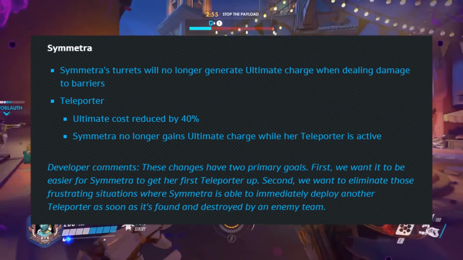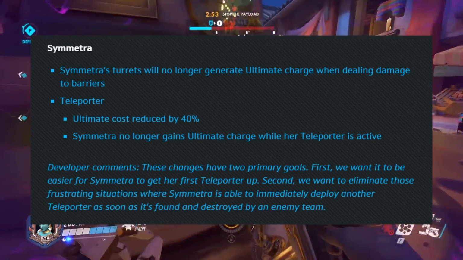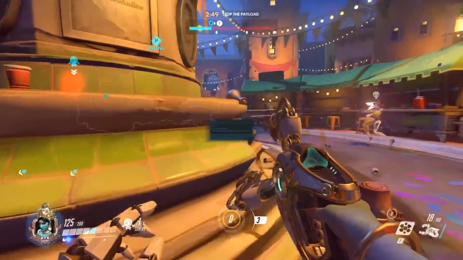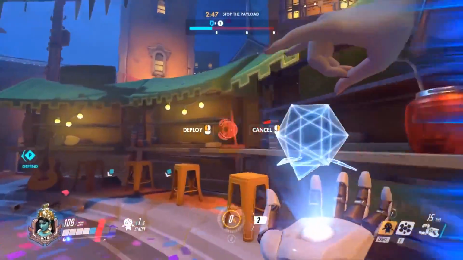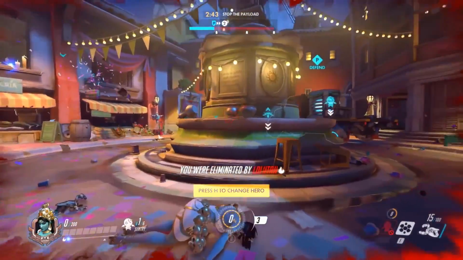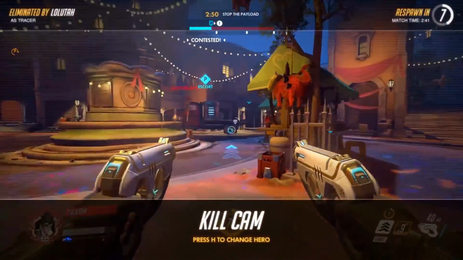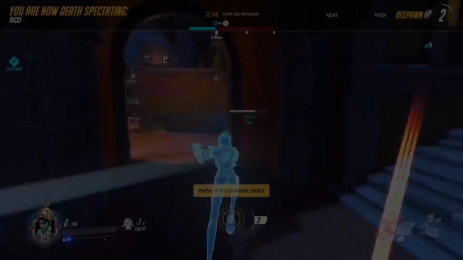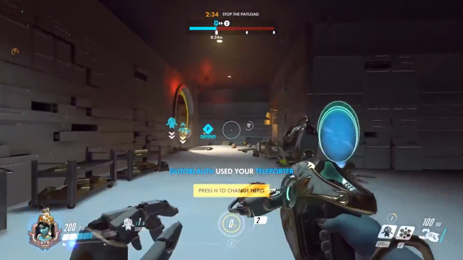These were to mainly have it so she was a little more forgiving, because before this point, if you died to Symmetra in the early game, you kind of lost the entire match, which was a little bit unfortunate. So with this cushion, she now began to be a little bit more forgiving, which encouraged players to try her out again. Now, as her popularity began to increase, of course her teleporter was one of the strongest parts of